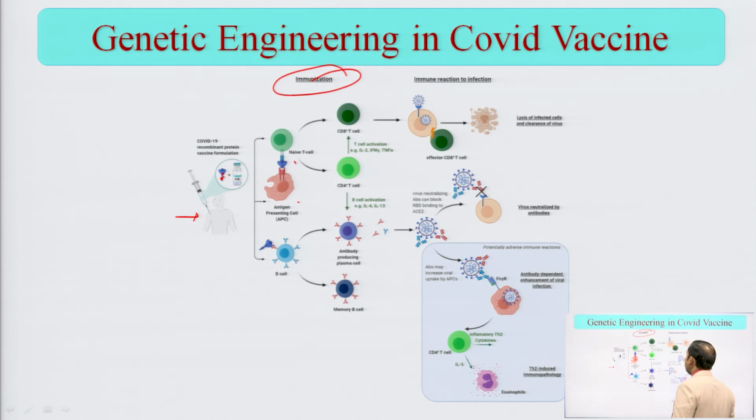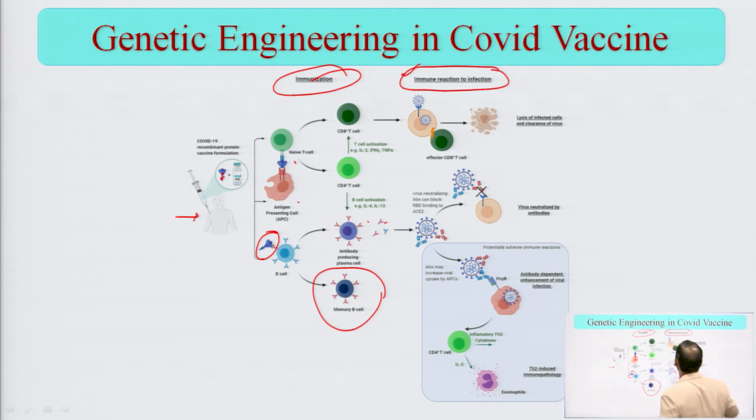Naive T cell will inform the CD8 cell, that is the killer cell, and also the CD4 cell for B cell activation. You can see the B cells are producing antibodies, and those antibodies will be binding with the spike protein, and then some of these antibodies will be saved as a memory cell. After that, in future, when the actual virus may enter your body,